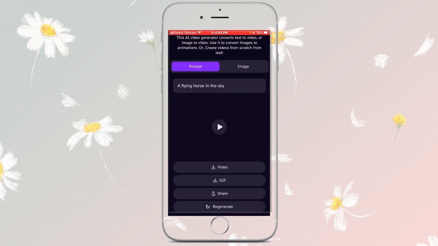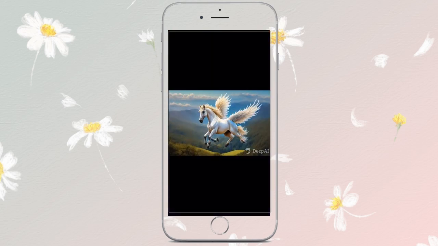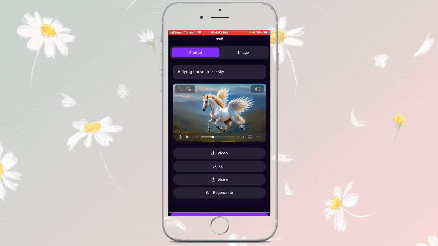After processing, preview and download in your preferred format. To preview the video, tap on play button. If you like the result, you can save it by tapping on video. And that's it. Now you know how to generate text to video with Goku AI for the stunning AI powered